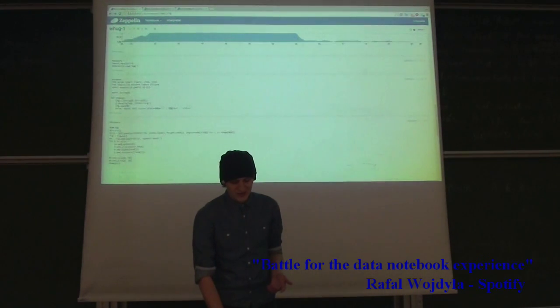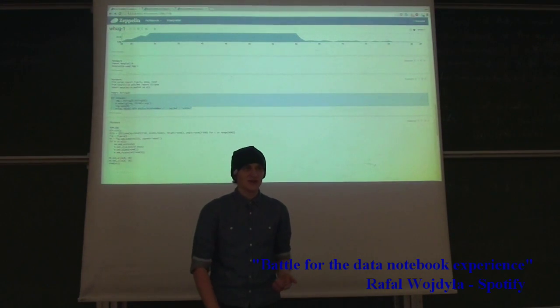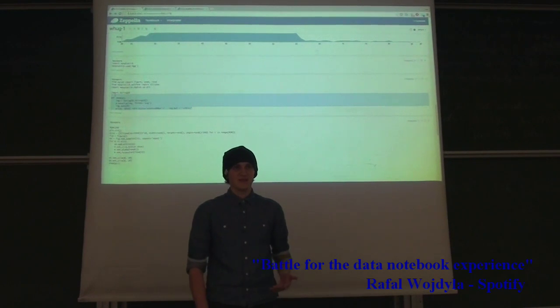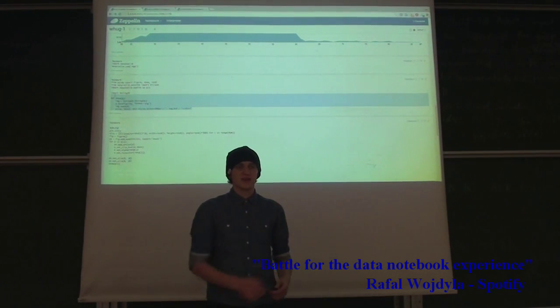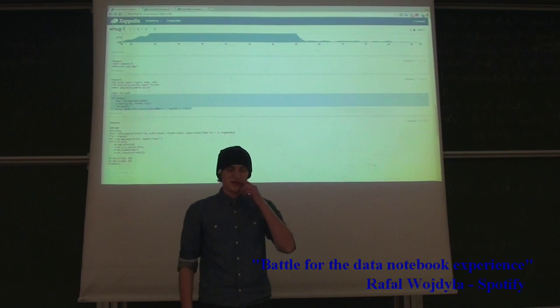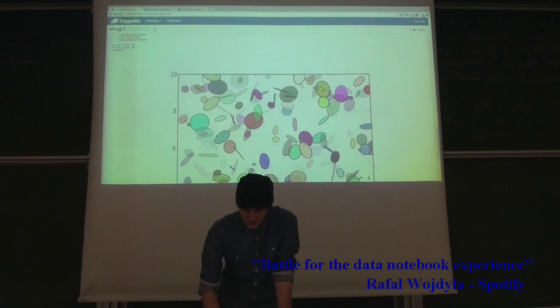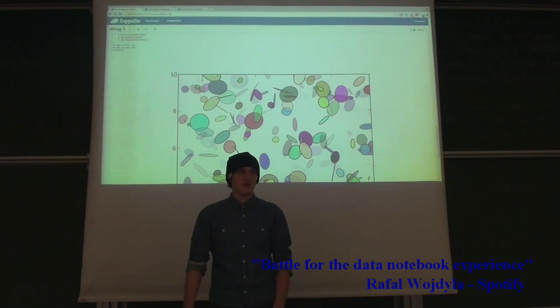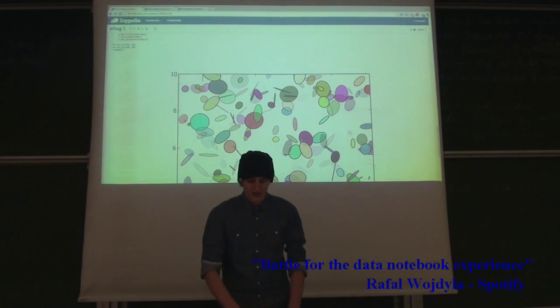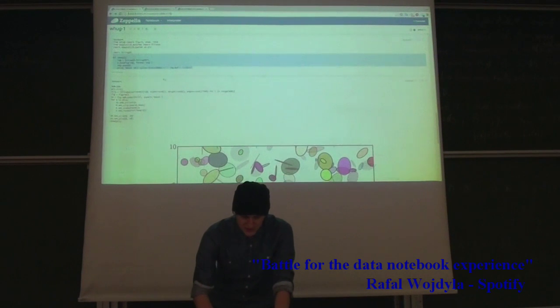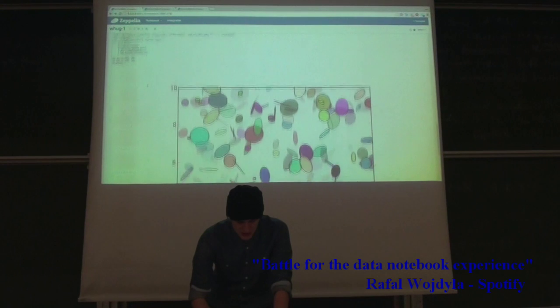You probably want to put this helper method somewhere. You don't want to always redefine it, but you can imagine just putting it in your library, or someone should probably push it back to Zeppelin or something. But you can do this kind of stuff. Whatever graphs you can come up with Python libraries, you can just push it here, which is also another interesting thing of using this HTML